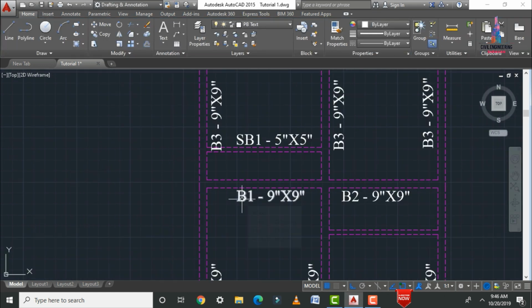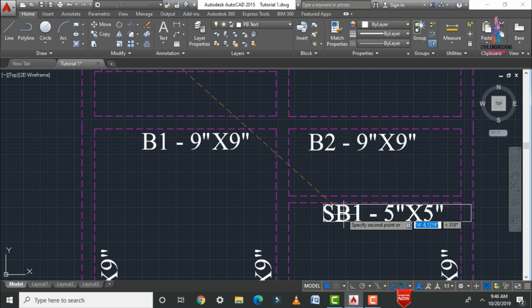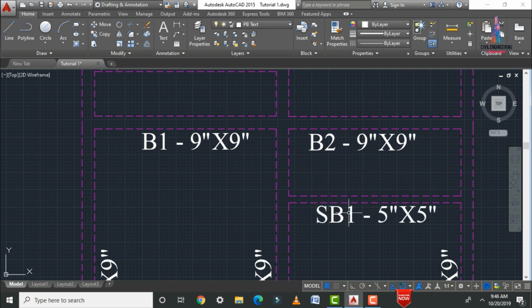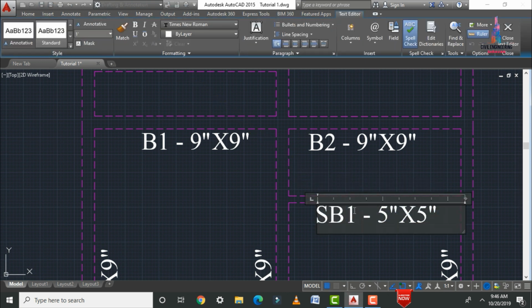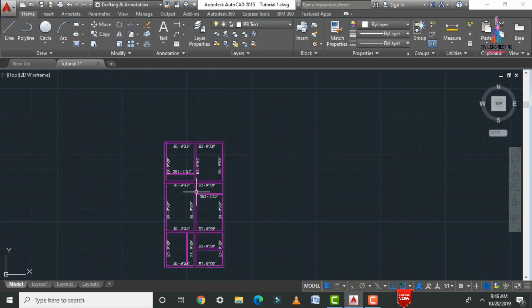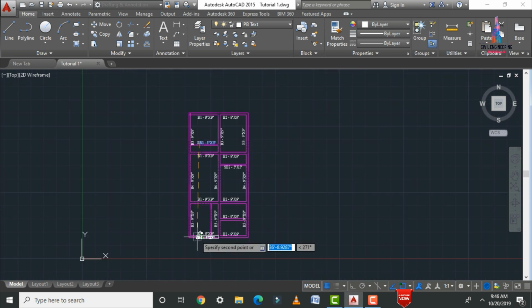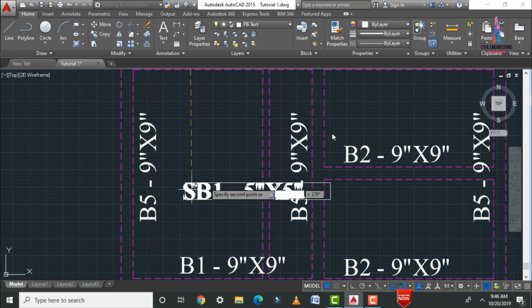Again in the same process we have to click on copy option, select this, select this respected F8 option. Again we have to click on these secondary beam sections at this position. Let us consider the name of this respected SB1 to SB2. Now we have to copy this respected secondary beam to this puja room section. Initially we need to click on the copy option, CO, enter, select this point. Again I am selecting this respected position of the point SB.